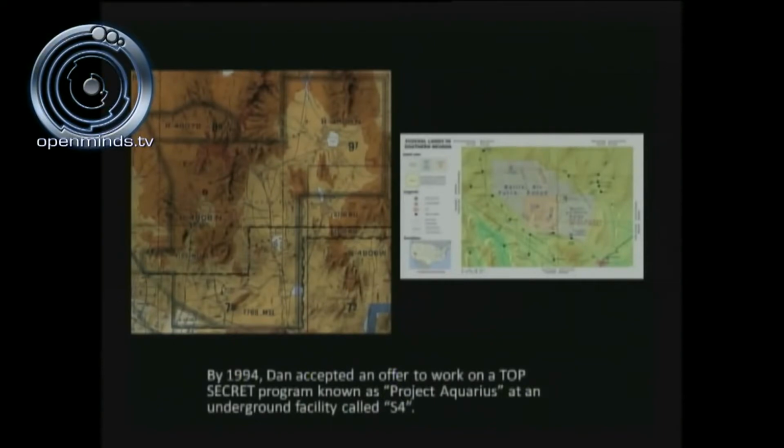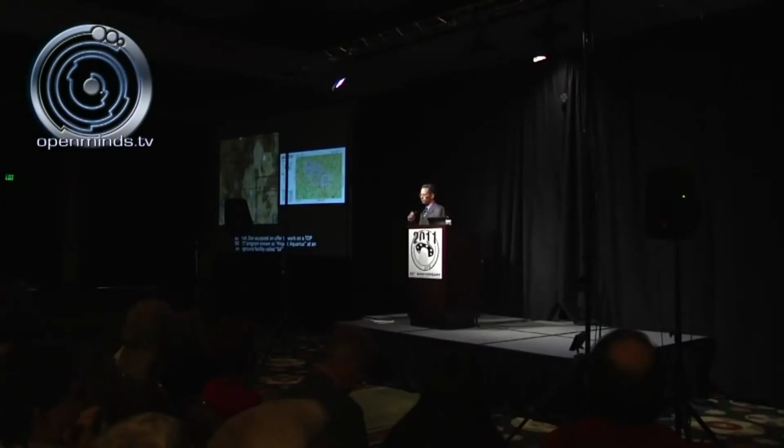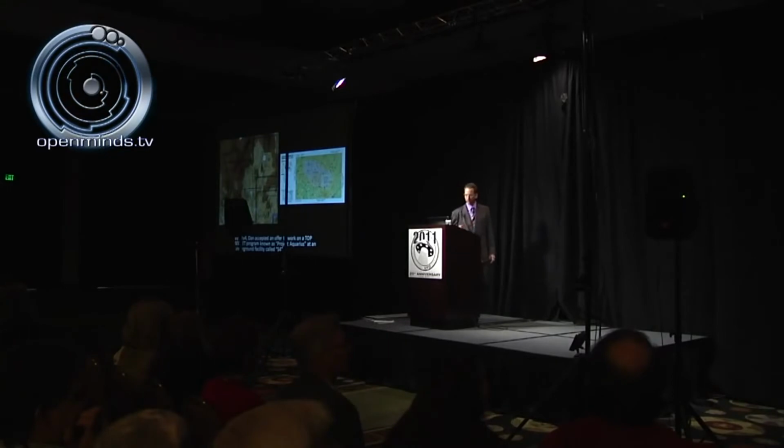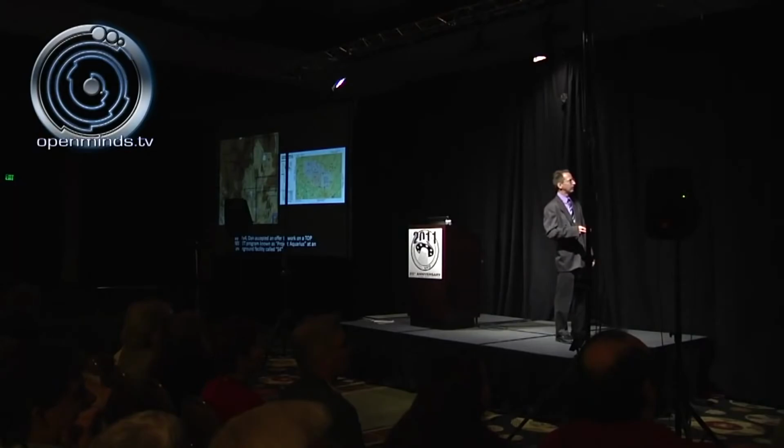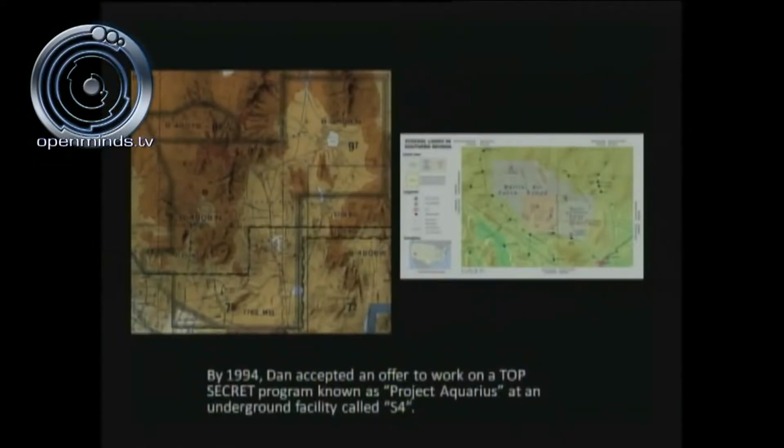And I will draw your attention here to the aircraft sectional chart that anyone can get at any local airport. This is something that's readily available. And if you look up here on the right-hand corner, you've got R-4808N. Ladies and gentlemen, this is the most highly guarded airspace, Dreamland airspace in America. This is the borderline here. You'll notice Groom Lake is right up here, so we can see it does exist. Approximately 12 miles south of Groom Lake, there's something called Papoose Lake or Area S4.